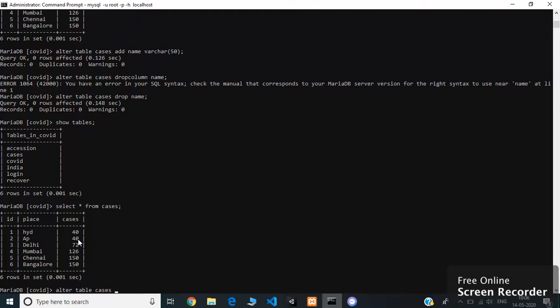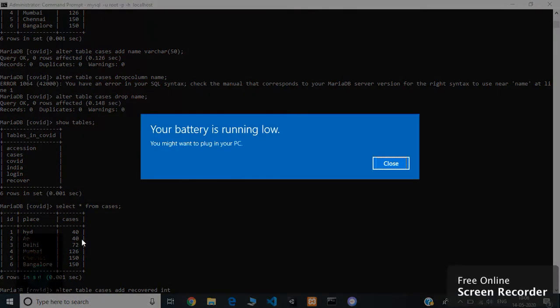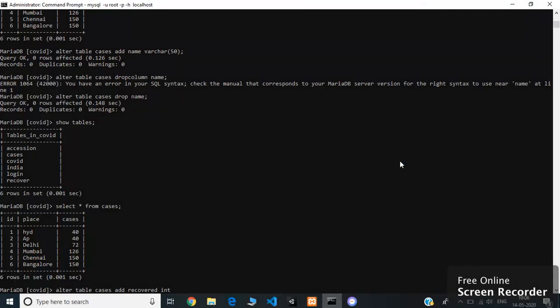So what I'll be doing is using the keyword add, and after this I'm going to give the column name, the extra column that I'm going to add. I'm going to give that a name called recovered, right? Now give the data type of this, say varchar, and I'm going to give this say 90, or else I'm going to give recovered the data type of int. I'm going to give number, right? Number of patients recovered and stuff. So that's it.